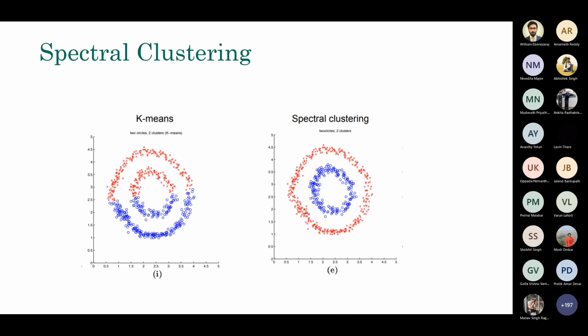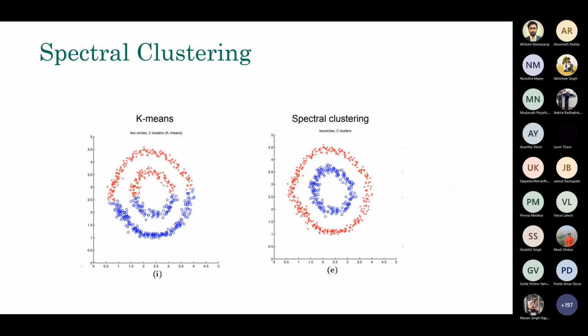So let me just try to give a comparison between k-means and spectral clustering. Say you have data something like this, two concentric circles. Now it seems that there are two natural clusters in the data, one inside, another outside. But if you apply k-means with two clusters, k value 2, then you are going to get something like what you can see on the left side. It basically splits the whole thing into two equal halves, because essentially it's based on the distance and so on and so forth. So it doesn't actually capture the natural cluster in the data.